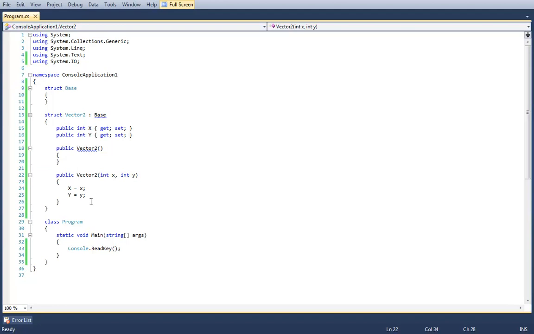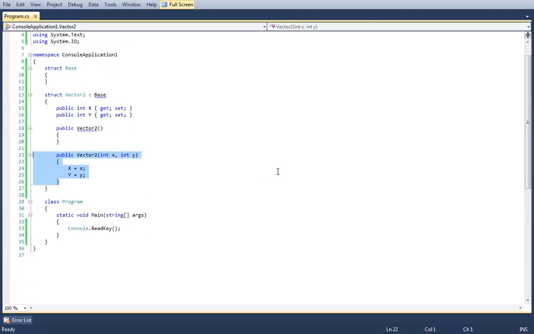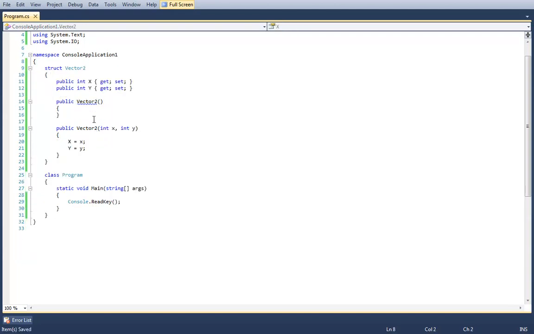Thirdly, this code fails for a non-obvious reason. This is the third thing that people trip up on. First thing, people think they can do inheritance. You cannot. If you want to do inheritance, do not use structures. So kill off the inheritance. Second of all, you cannot define a parameterless constructor.